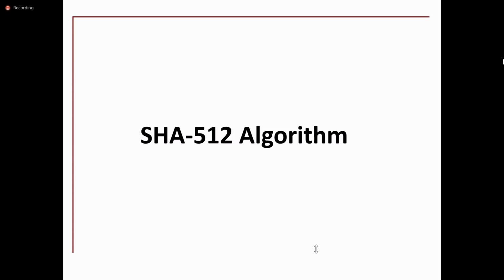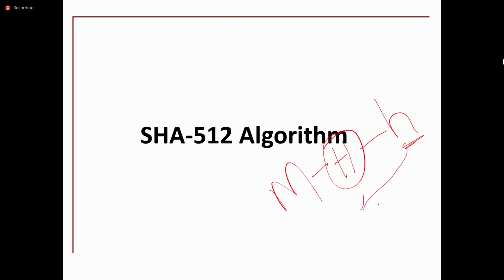The procedure is, the message will be given to the hash function. Then it produces some code, hash code. This hash code will be concatenated with the message and it will be transmitted over the network. Then whenever the receiver is trying to verify from which source it came, the receiver will receive the message along with the hash code.